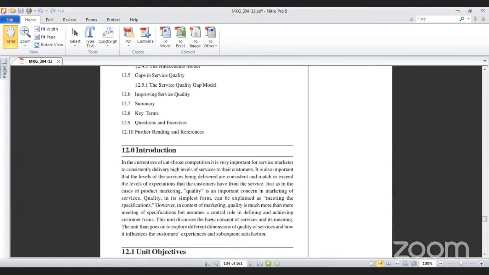In its simplest form, quality can be explained as meeting the specifications. However, in the context of marketing, quality is much more than mere meeting of specifications, but assumes a central role in achieving customer focus. This unit discusses the basic concept of service and its meaning. The unit then goes on to explore